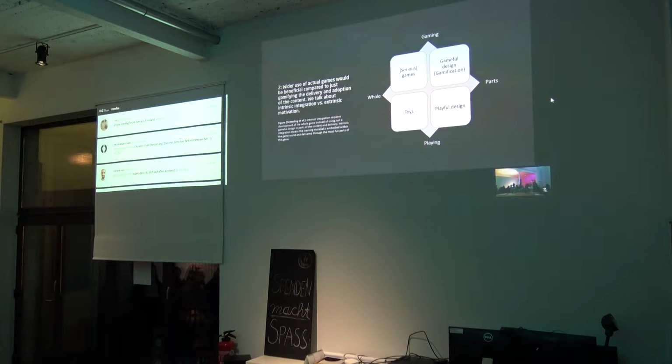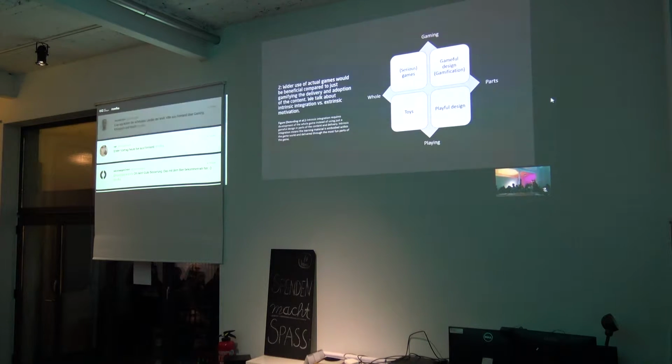So it would be better to put the actual learning content to the most fun and engaging part of the game instead of just candy crumbling the learning material with gamified components that makes it sort of gamified but not as intrinsically motivating.